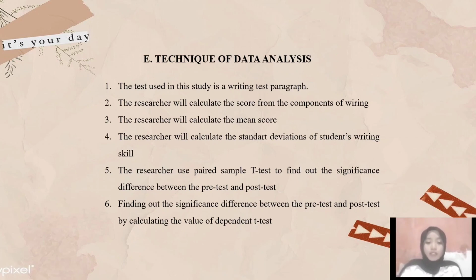The researcher will calculate the mean score, and the standard deviation of students' writing skill. And the researcher used a paired sample t-test to find out the significant difference between the pre-test and post-test. And the last is finding out the significant difference between pre-test and post-test by calculating the value of the dependent test. So I think that's all